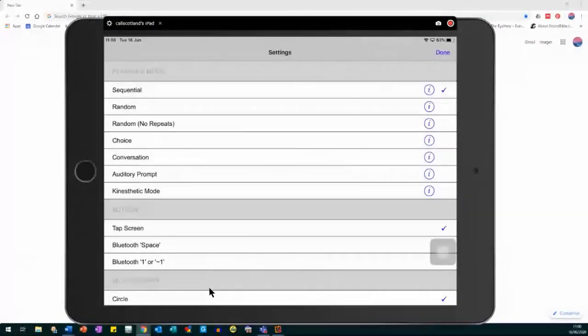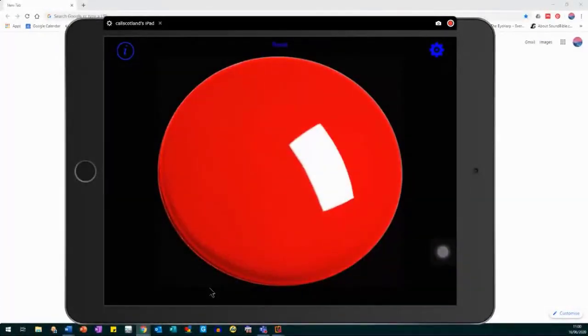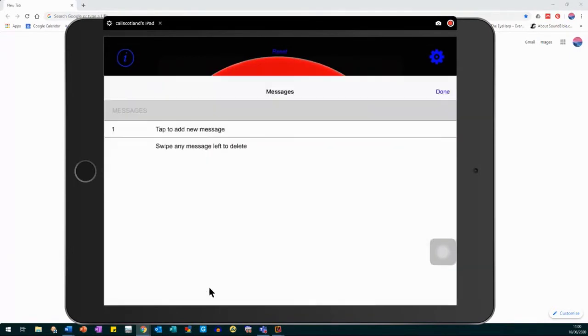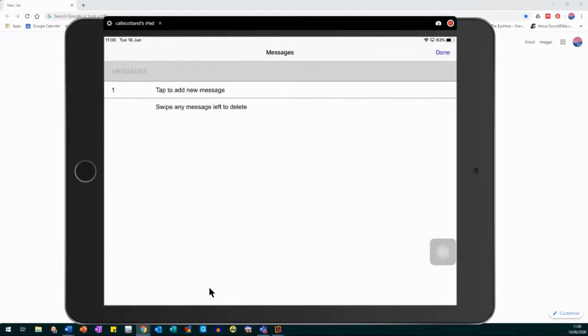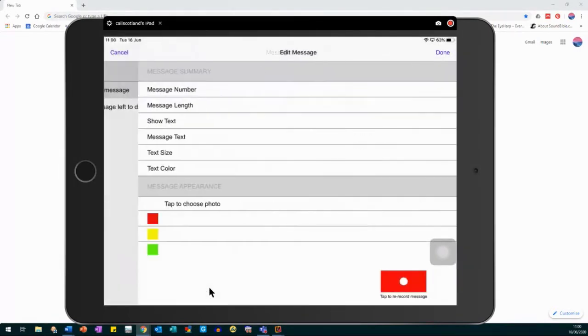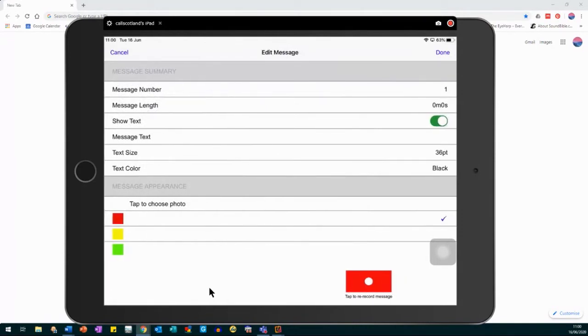They turned the SmoothTalker into a dice by recording 6 messages. So if I go to the eye icon on the top left hand side, this is where we record our messages. And you can see here, if I tap to add a new message, I could record my first message here. So if I was wanting to make my SmoothTalker into a dice, I could tap to record me saying the number 1 on the red here. So if I do that now, I'm going to tap